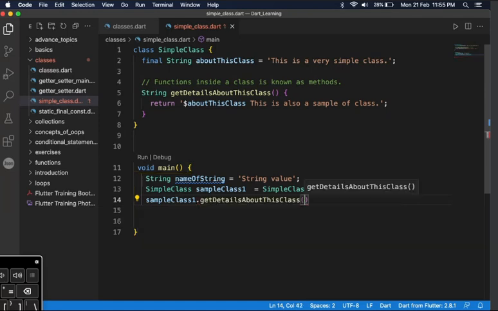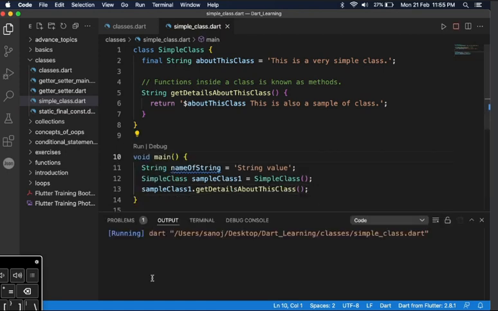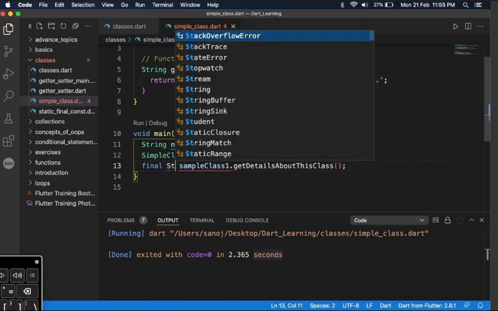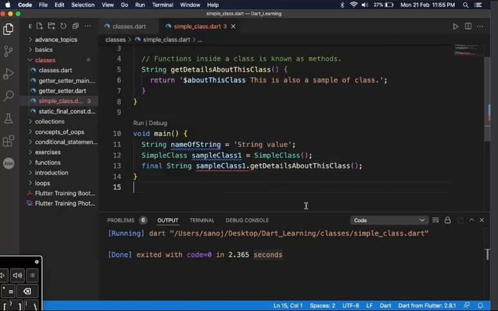So if I run this, nothing will be seen on the console. You can see done, exited with 0. Everything has been run, but nothing has been printed. Basically because this is returning a string, we can directly put it inside a print statement, or we can create a final string. Why string? Because if you hover your cursor here, you will see this is returning a string type variable. So this can be assigned to a string value. A string details